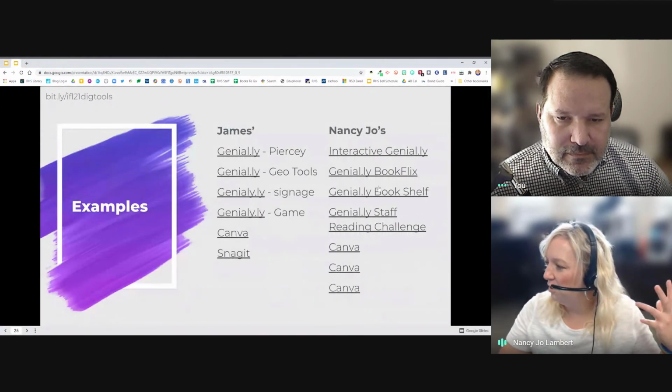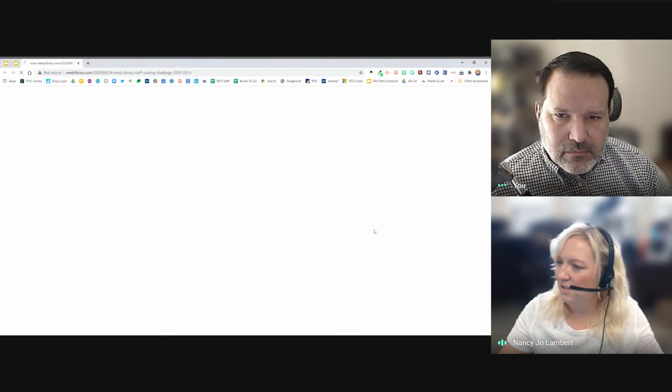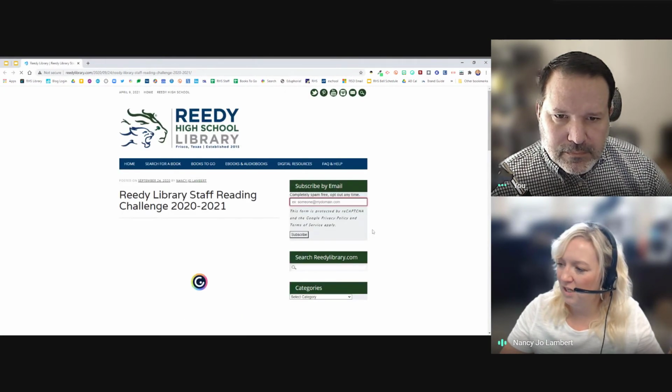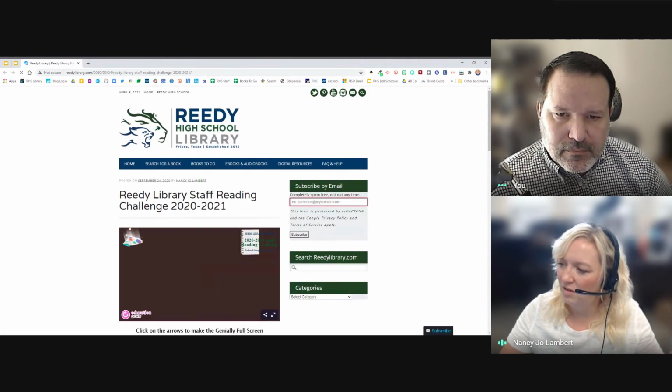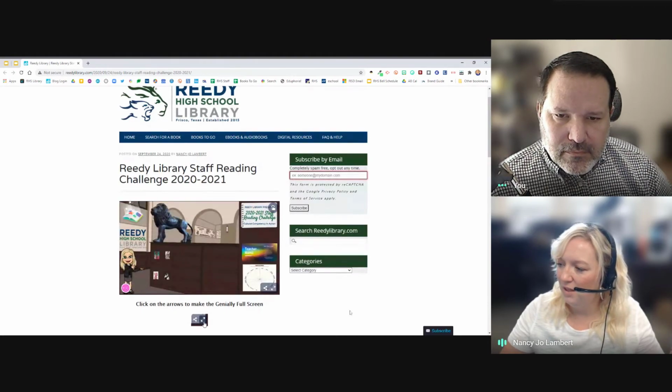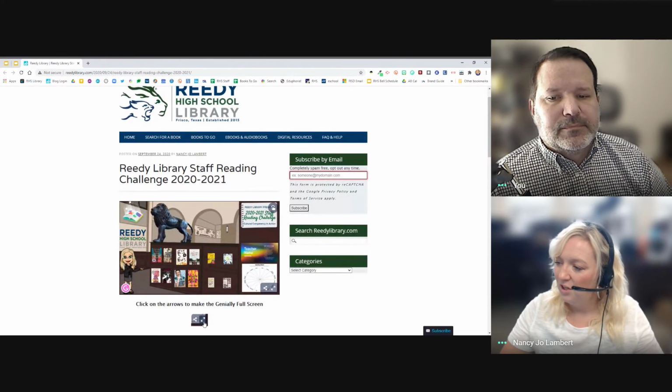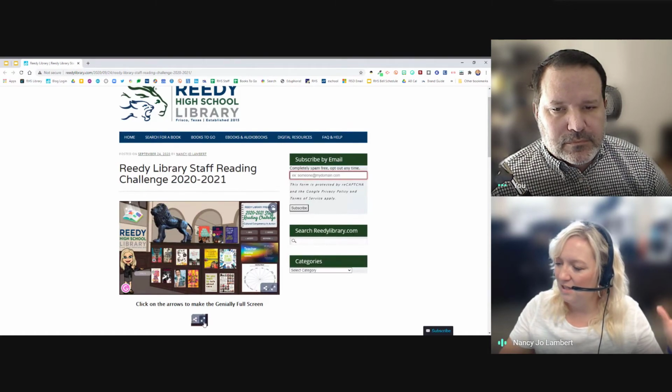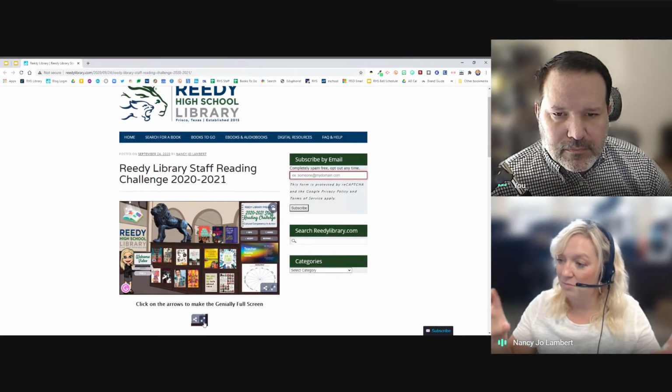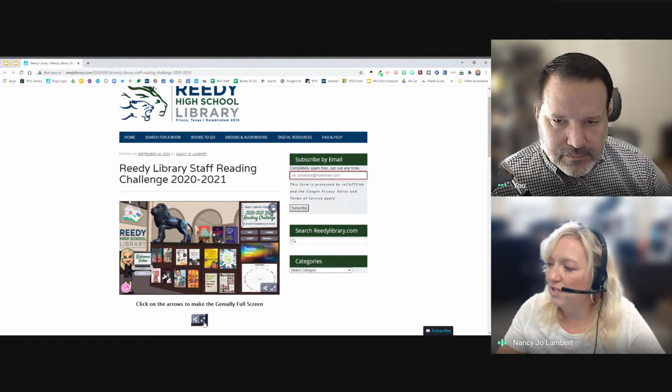And then I'll just show you one of my bookshelves, one of those that I was just showing you on Genially. This is one that I actually filled with stuff. You can see everything animates and pops in at a certain time, so you can time everything. You can time your animations.